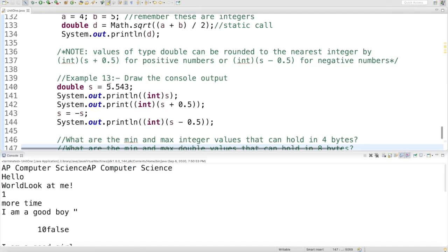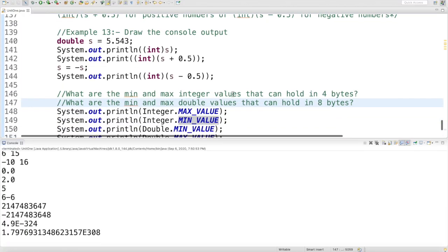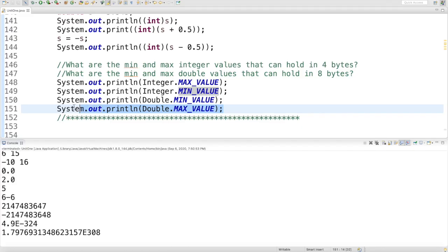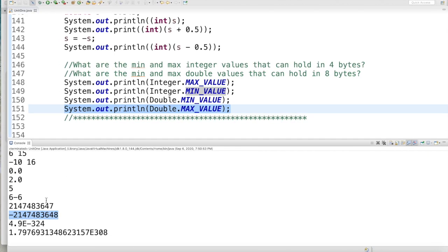We already know the first one had a 0. And again, this is from everything that we've done in Unit 1. So I'm going to scroll right down to the end. Now, the last thing that happened was the maximum value for a double. It's 1.79, a long number, e to the 308. That's a big number. And then we have the minimum value being right here. Just realize that it's just a negative and a positive version for the integers here. Okay, smaller and the bigger. And then we have this